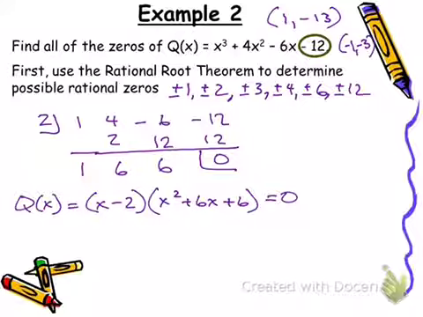See how we use this first factor that we find, and now we're left with a quadratic here. What's the best technique to use to solve that quadratic? Completing the square is what I would use because a is 1 and b is even. You could use the quadratic formula. It's going to work. It's just going to take you a little extra time. So if I come over here to the side and solve x squared plus 6x plus 6 by completing the square,